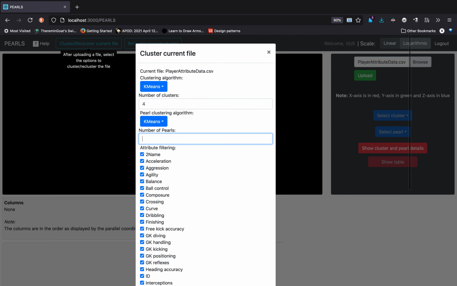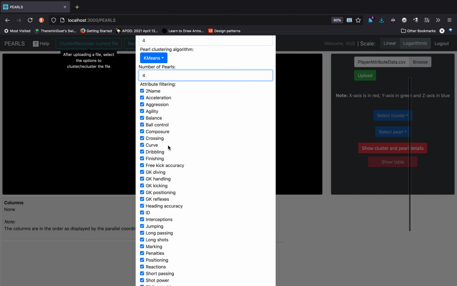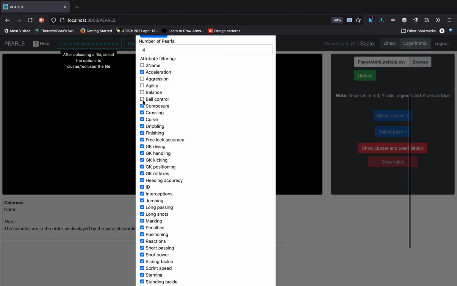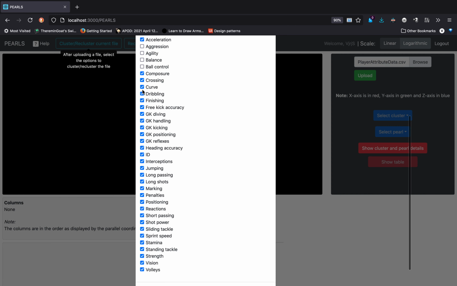The backend will automatically drop fields that are non-numerical in nature. Also note that the Pearl's algorithm works best for less than or equal to 20 dimensions. So we can use attribute filtering to reduce the number of dimensions taken into consideration during the clustering.